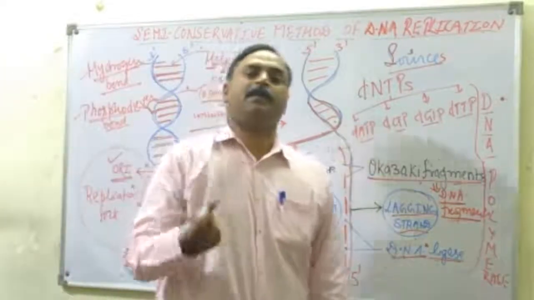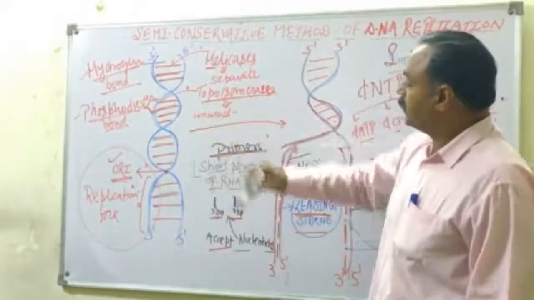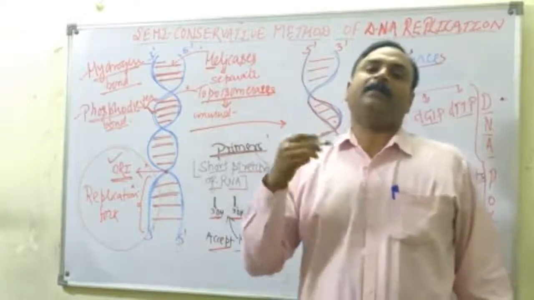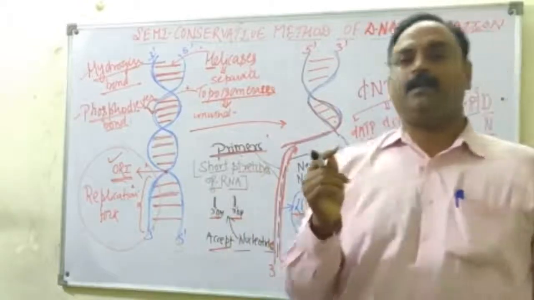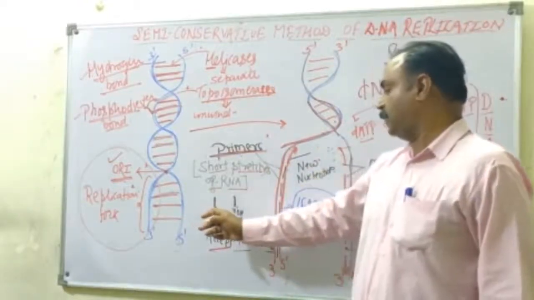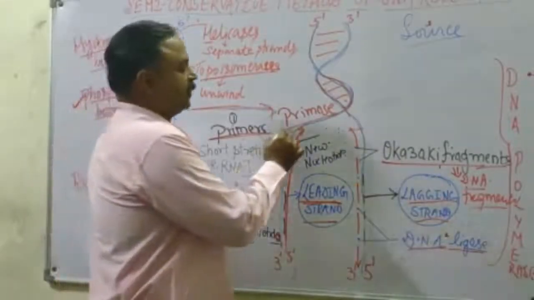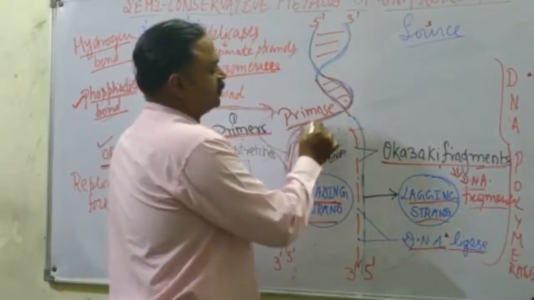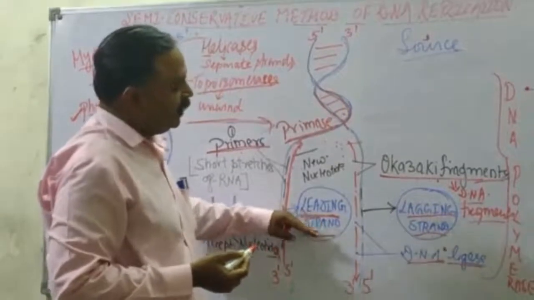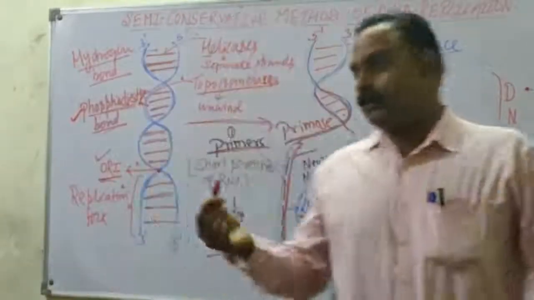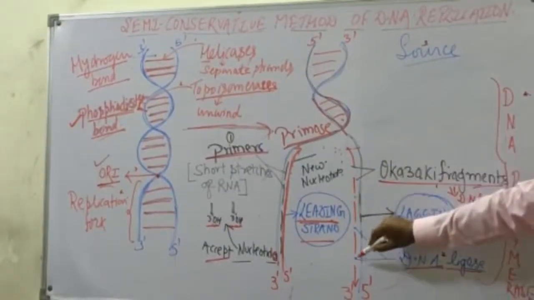So children, what are primers? It is asked for 1 mark in the board exam. Define primer and primase. Primers are short stretches of RNA which have a 3' end. Now children, after understanding the function of the primase enzyme, I will explain the difference between leading and lagging strand. Now on the parallel and opposite side, this template is called the lagging strand.